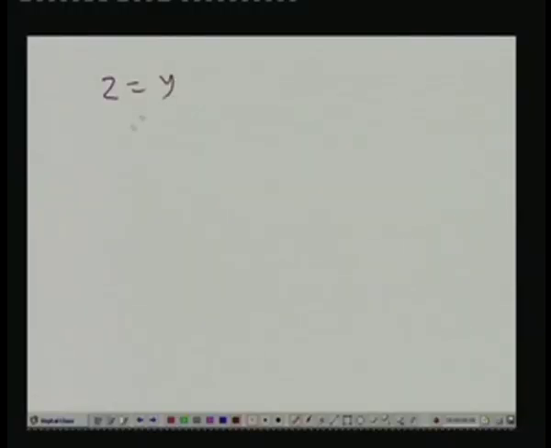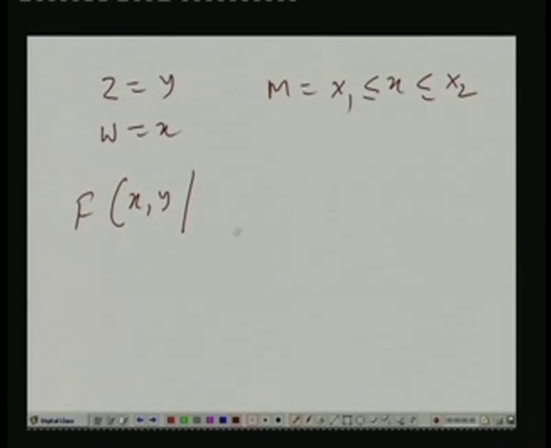We modify this example, make it slightly more general now. Now, two functions: z is y, w is x, and M is this thing, x less than or equal to some x2, x1. So, here what is the density subject to this M? This is nothing but the joint probability of x